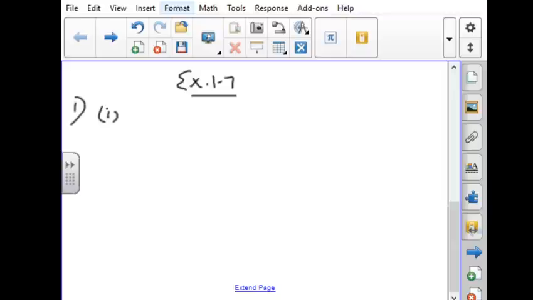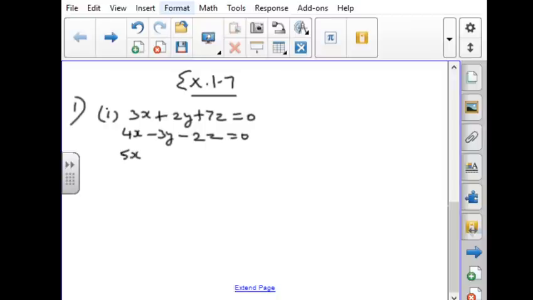The first one is 3x plus 2y plus 7z is equal to 0, 4x minus 3y minus 2z is equal to 0,